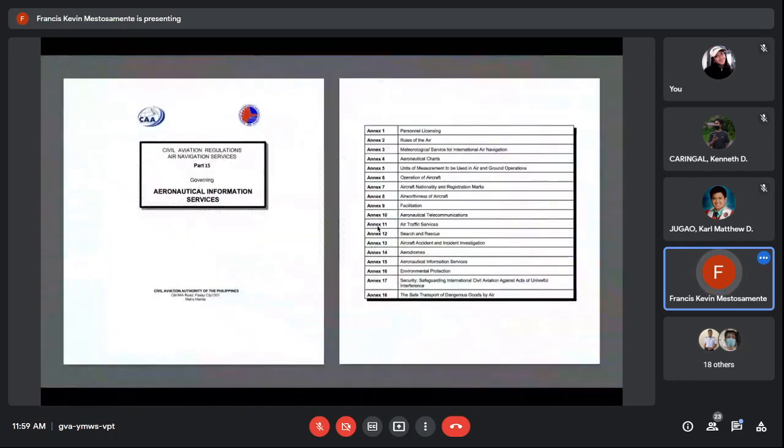Next slide. It's just the part 15 of the AIS, the document on the left side. You could have it downloaded on the web. I think this information is open for public. You could get it directly on CAAP website. And the right-hand side,